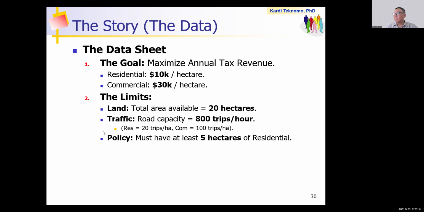The third constraint is policy: this is the law of the city, that as a developer you must have at least 5 hectares of residential.